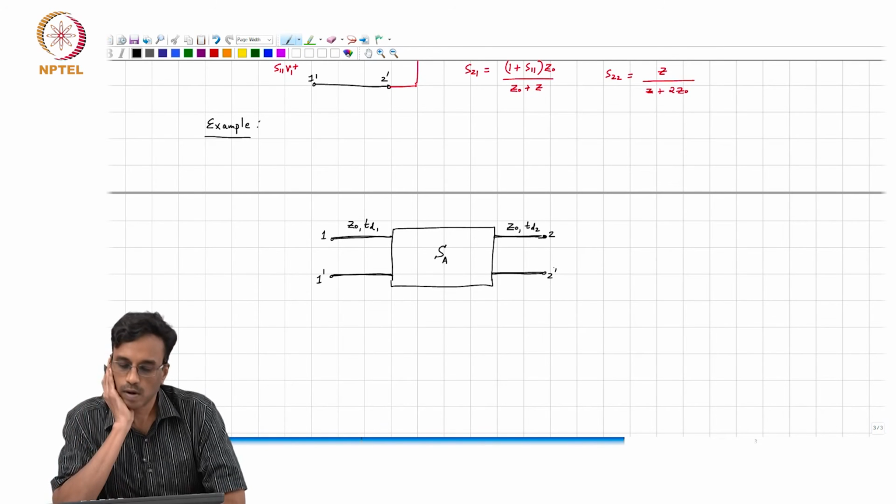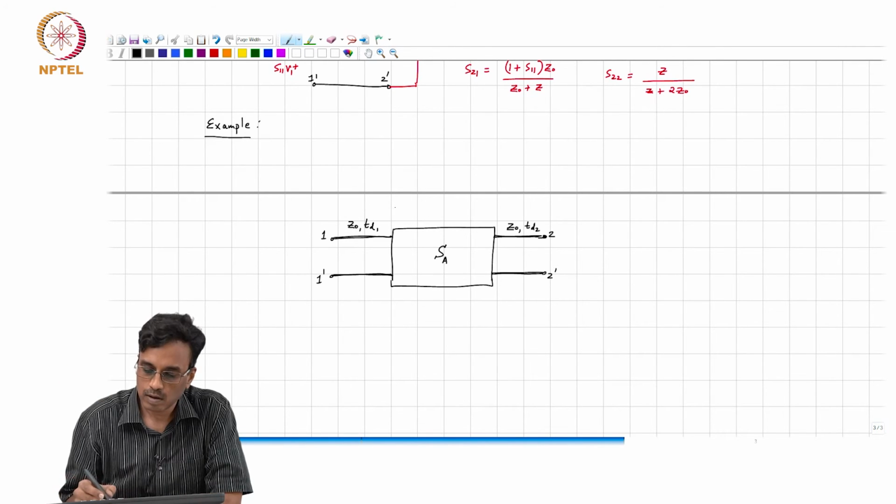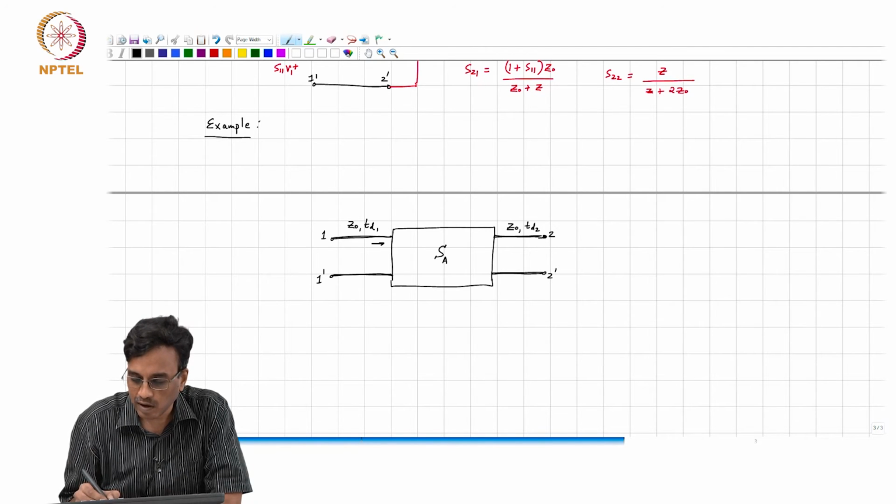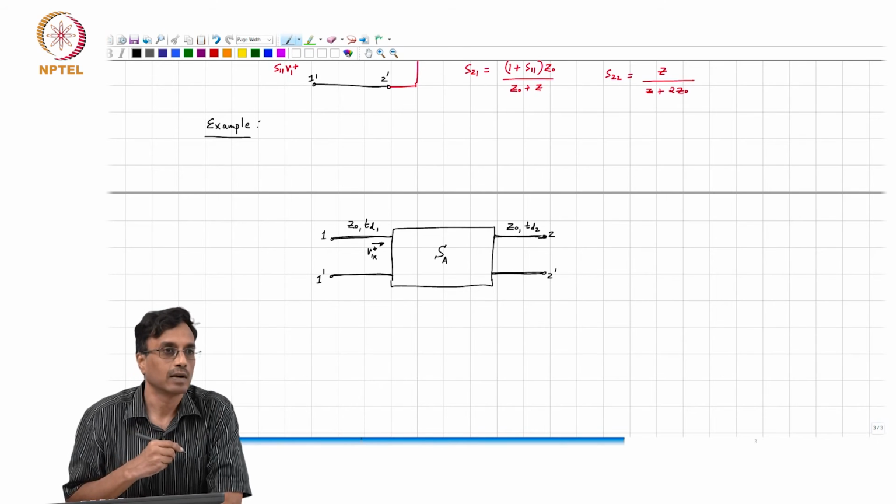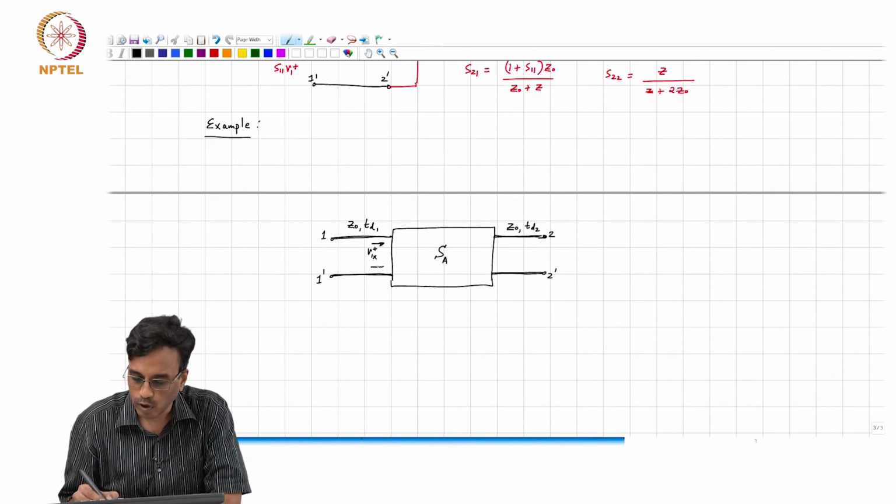How do we figure it out? Well, let us call this forward wave V1x plus, correct, and what comes back therefore is V1x minus,